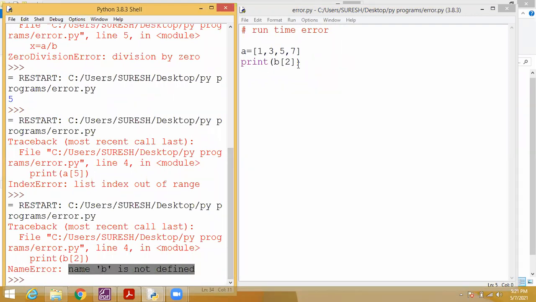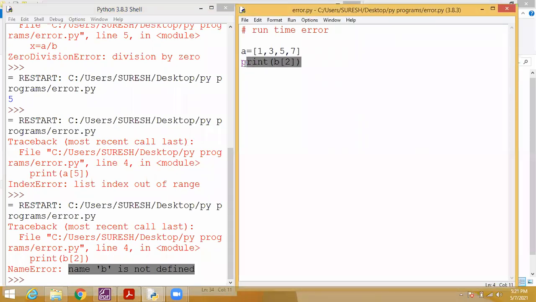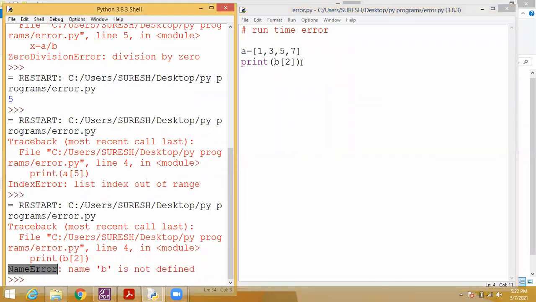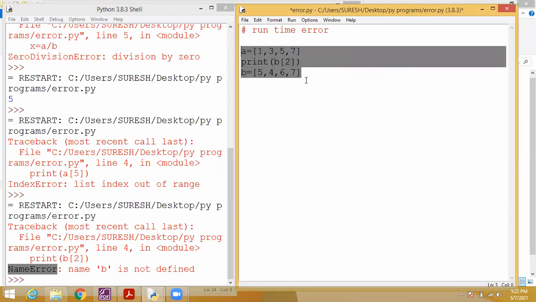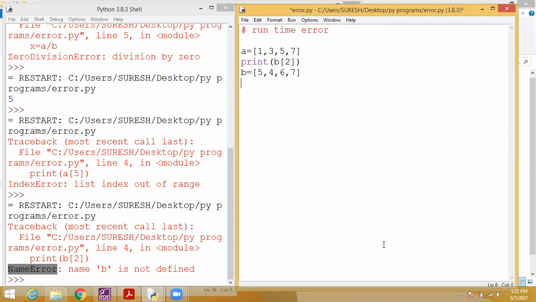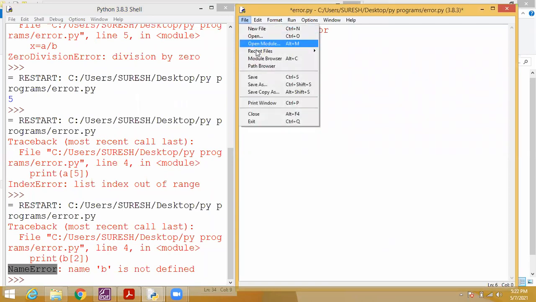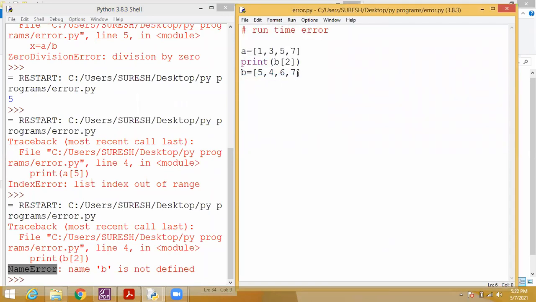If you want to print any variable, you should define the variable before that statement. Students, everyone understood name error? Okay, so the same program, if I use it like this, b equal to some list of values, now what will show, students? 6 will show, or it will show the same error?